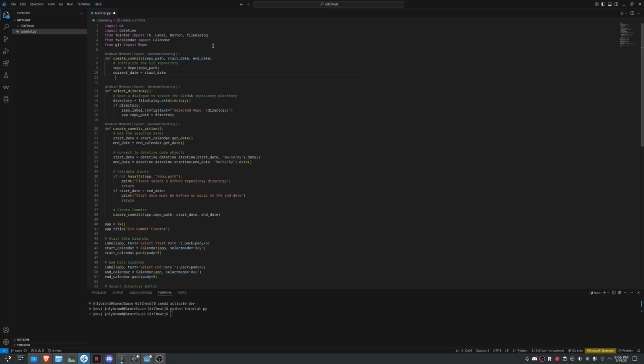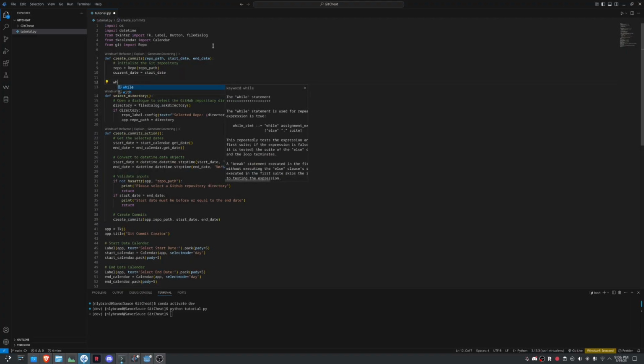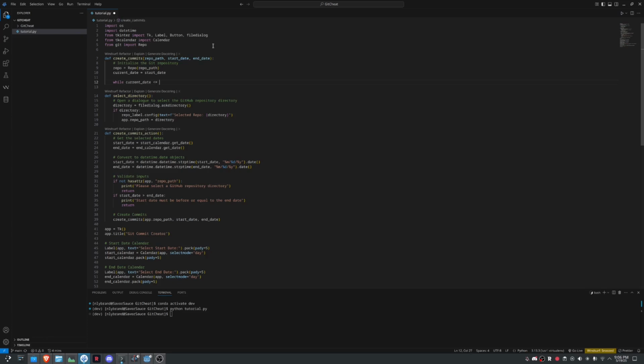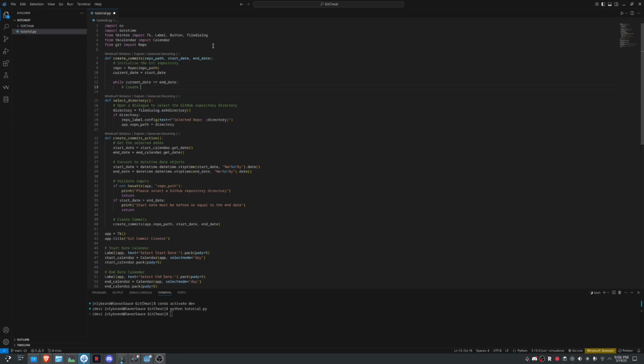And we're going to use a while loop to loop through each day out of all of the dates, and that while will be while the current date is less than or equal to the end date. And for each day between the current date and the end date, we're going to create